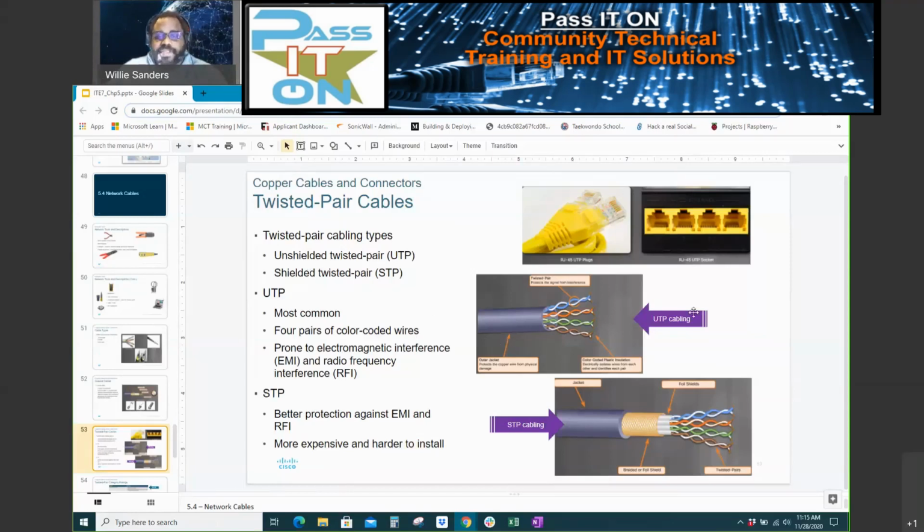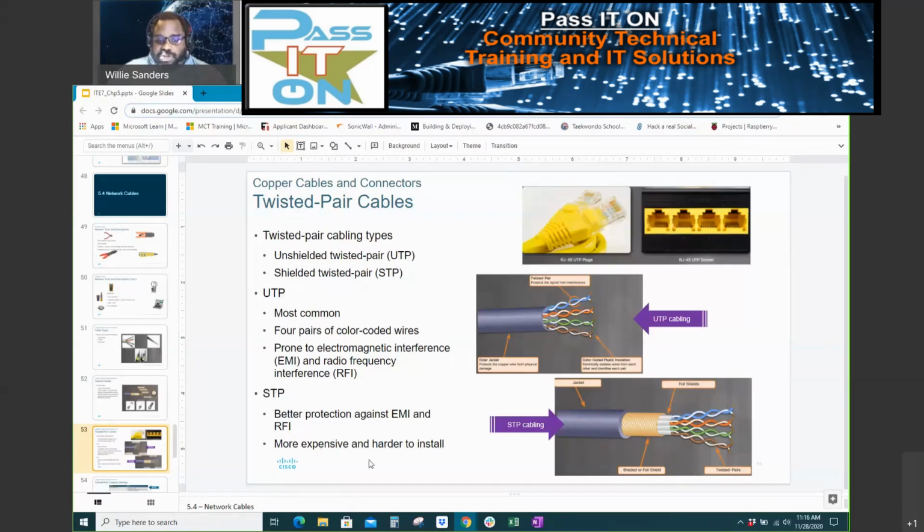In unshielded twisted pair, the only protection is those twisted wires. Other than that, that type of wire only has a plastic outer coating, an outer jacket, that you can see here, that blue outer jacket there. This means that this wire is pretty susceptible to interference. Mainly two types of interference: electromagnetic, or EMI, and radio frequency, or wireless, interference, RFI. If you have to run twisted pair cable in an environment that has a lot of EMI and RFI, then you might want to pay a little bit of extra money and get STP, shielded twisted